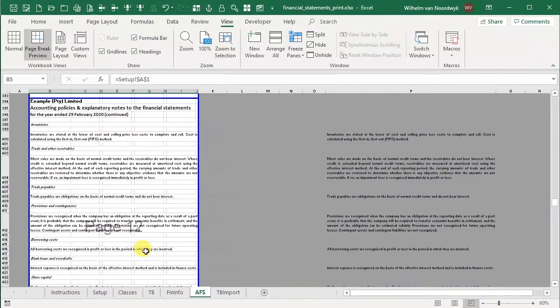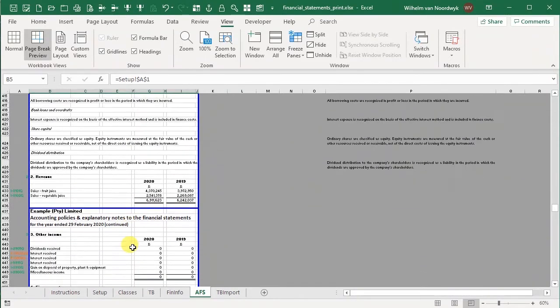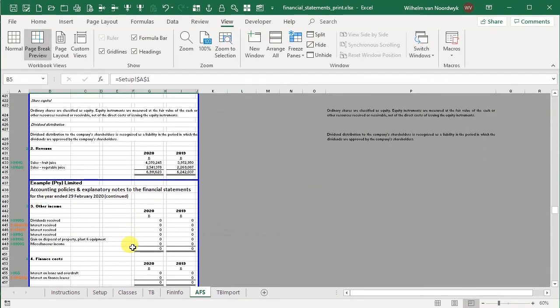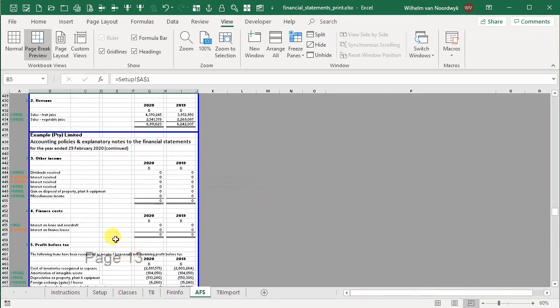What we're basically saying in the instructions is that if you don't require a note, you need to hide it instead of deleting it. If you delete amounts that are used elsewhere in the financial statements, you may encounter errors, whereas if you just hide the appropriate rows, you won't have any issues, and what's hidden isn't really important. It's what you can see. So that's our approach, and what you basically then need to do is change the note numbers and then hide